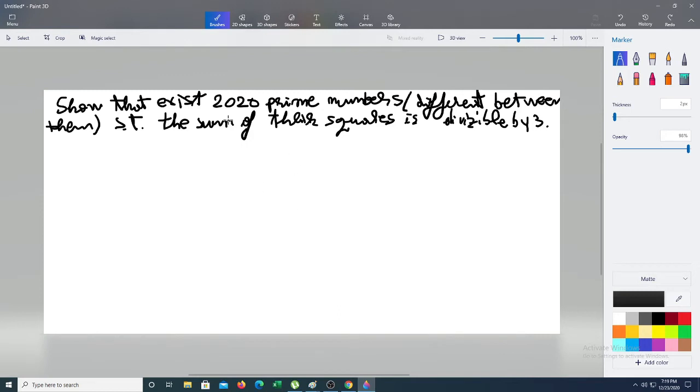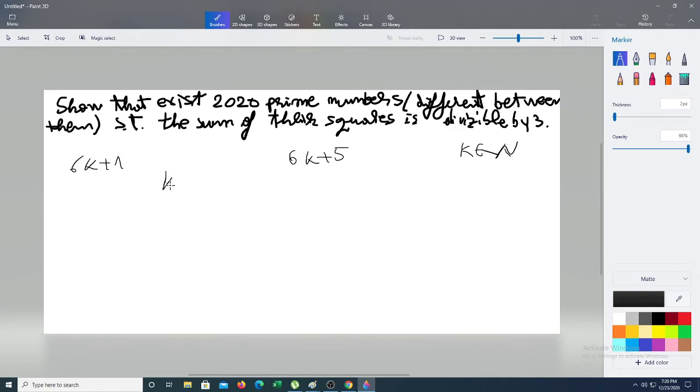We have to show that there exist 20 different prime numbers such that the sum of their squares is divisible by 3. A very important note is that 6k plus 1 and 6k plus 5 are the only expressions which approximately cover the whole set of the prime numbers greater than 3. Pay attention. Why? Because if we give natural values of k,